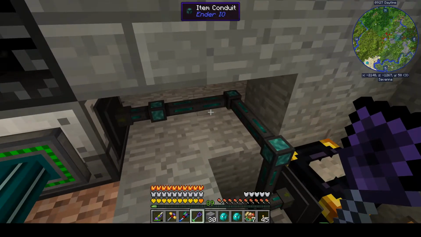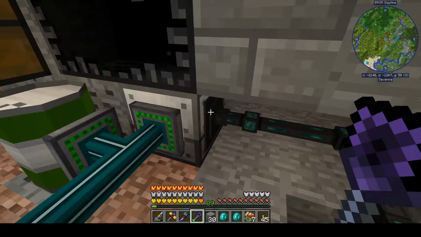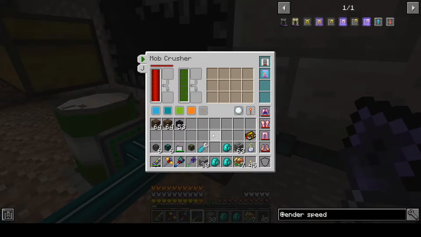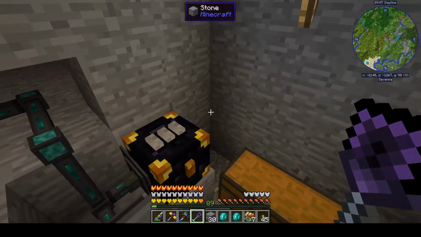So what we did was we got some Ender IO item conduit, and we put some extract speed upgrades in it. So now it's 20 items per operation. So now you can see that no matter how much it's dropping, we are pumping them right out. So that's the first problem to have overcome. The next one was,